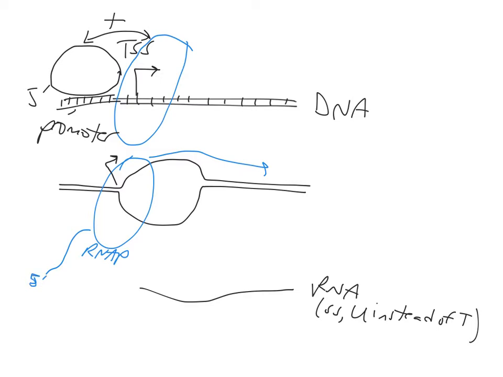Like all DNA and RNA synthesis, it starts at the 5' end, and any polymerase, DNA polymerase or RNA polymerase, adds nucleotides onto the 3' end. Right, so the 3' end is there,